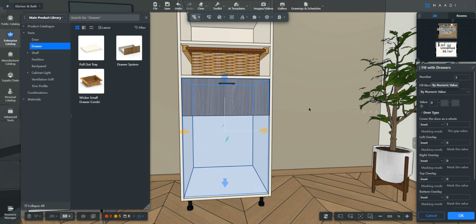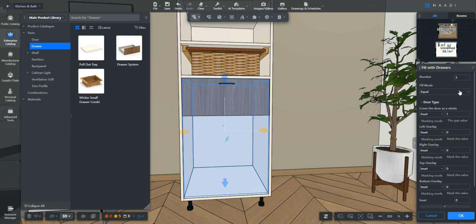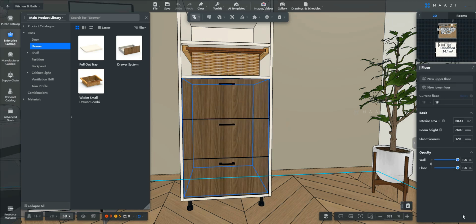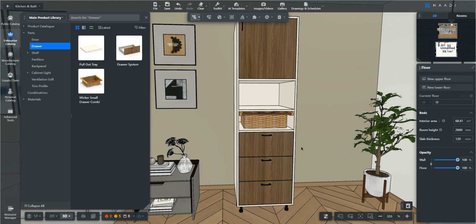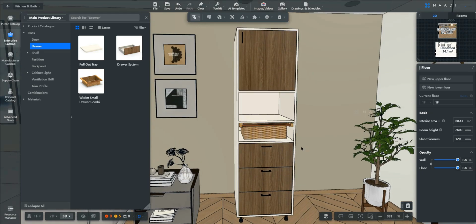In my case here, I want all the 3 drawers of mutual height, of equal height. So I can just go for equal here, just type in the number and just click on OK. So now the tool will automatically place those drawers based on the typed in number, and since we selected equal, all the drawer heights will be precisely mutual or equal to each other. So now can you see, just in a minute you are able to completely custom design your BYOC cabinet based